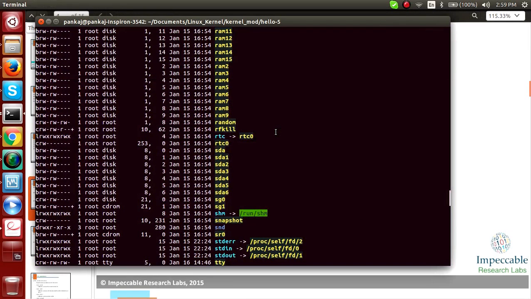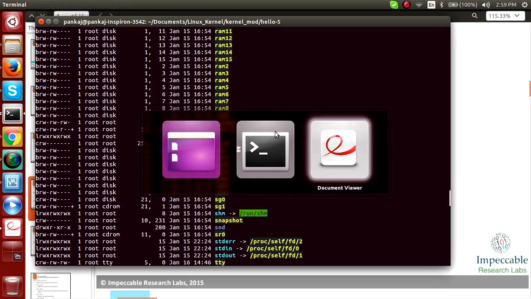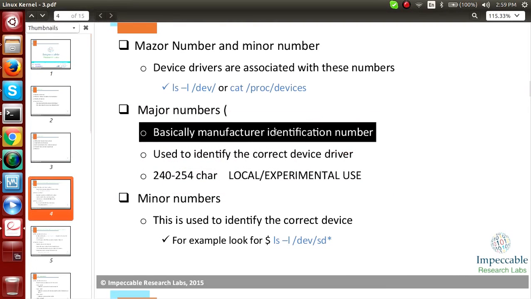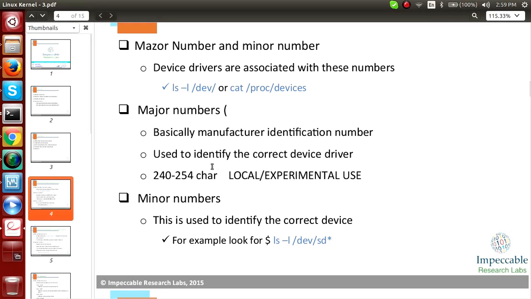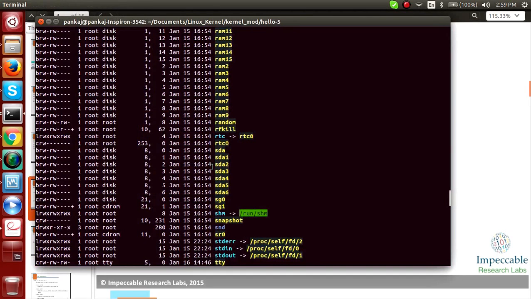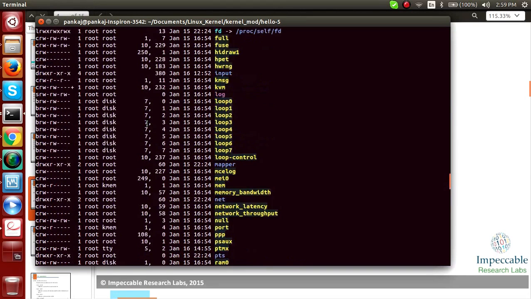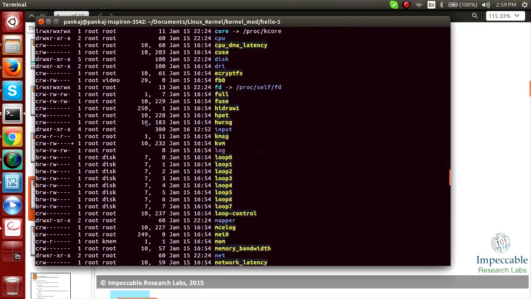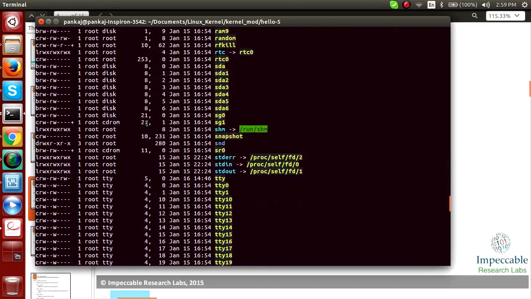Minors are basically the correct device, meaning which partition you want to write to. And the major number is reserved for different kinds of devices, and there is one file which has all the list.